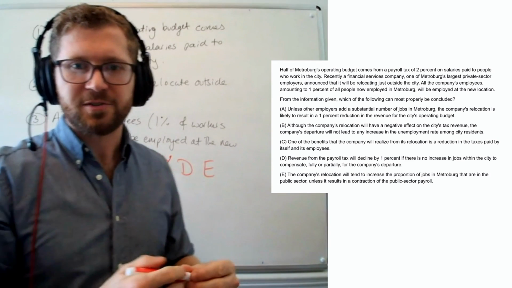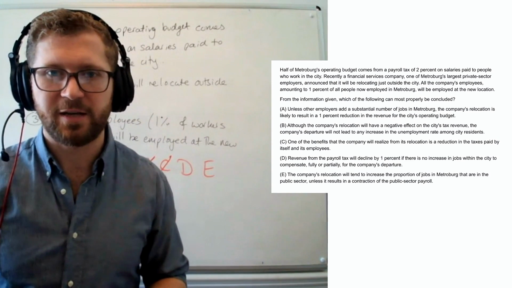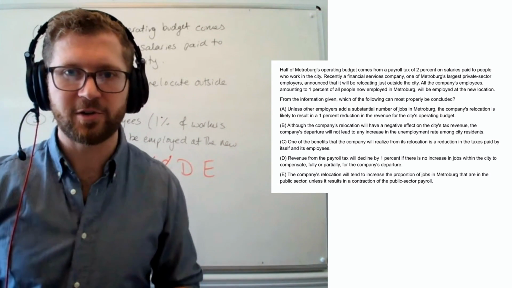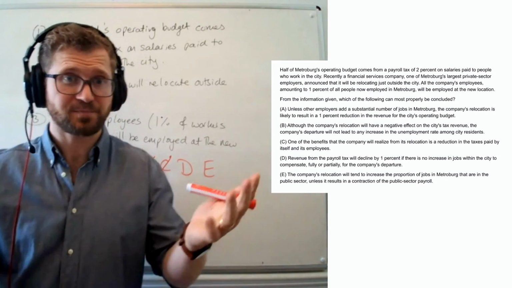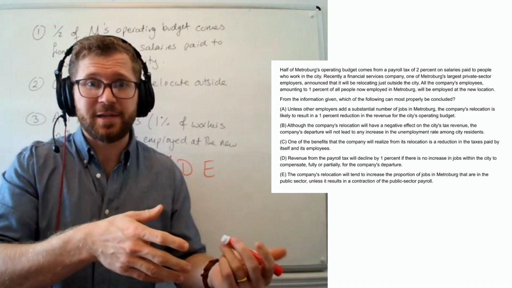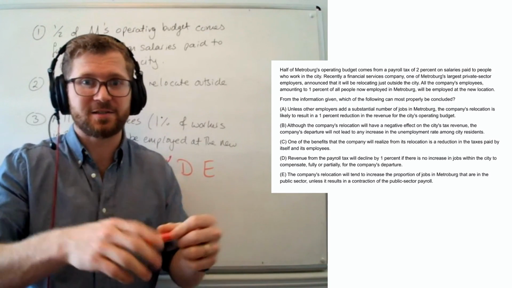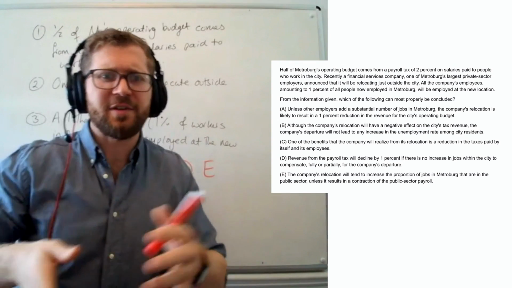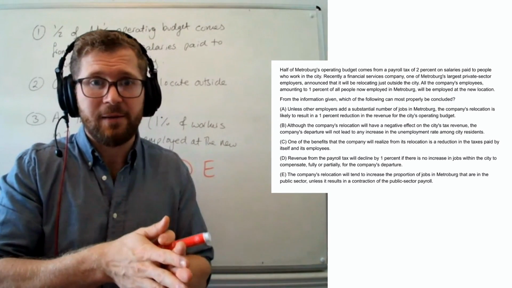Right, now D tells us that revenue from the payroll tax will decline by 1% if there is no increase in jobs within the city to compensate fully or partially for the company's departure. Now, this is very similar to what we were talking about with A. D is possibly a better answer than A because we don't have to deal with that half the operating budget and that implication. But if you think about the first thing we were talking about in A,